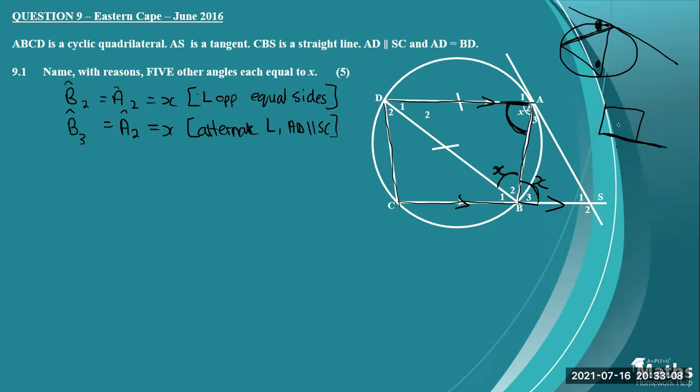I just want to show you again, how does the exterior angle of a cyclic quad work? So if I have a straight line being extended, it can be that line, anything, then let's look at the exterior angle of a cyclic quad. So this angle there will be equal,